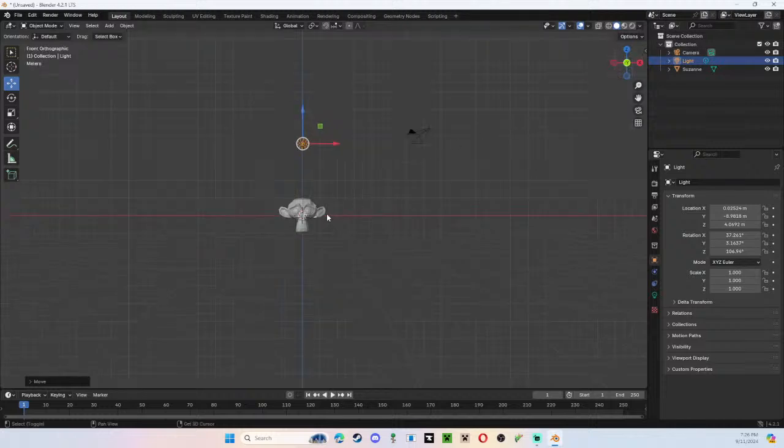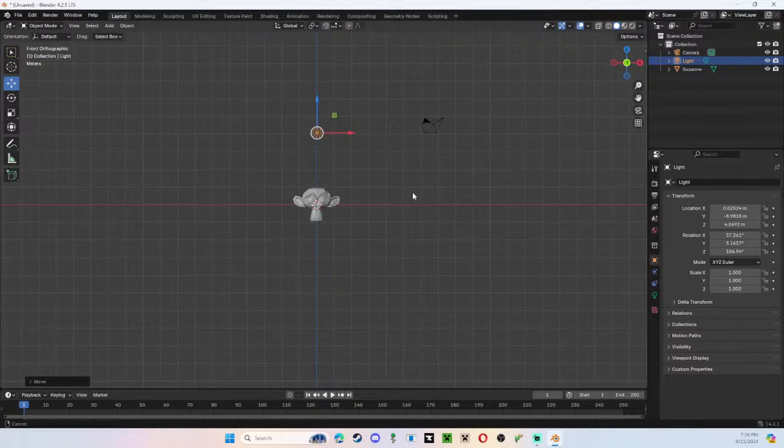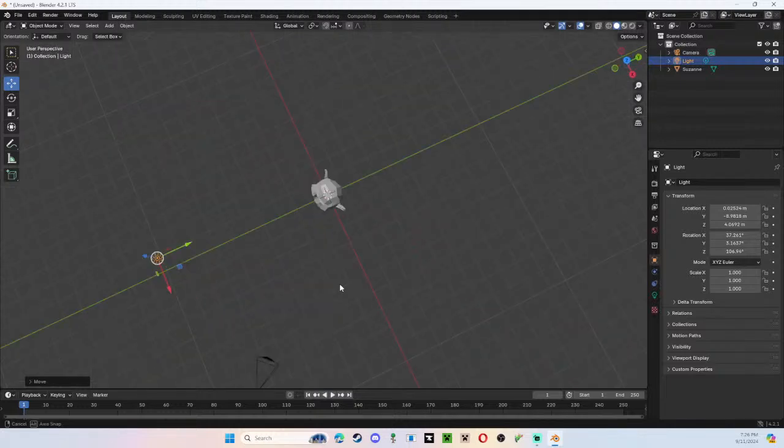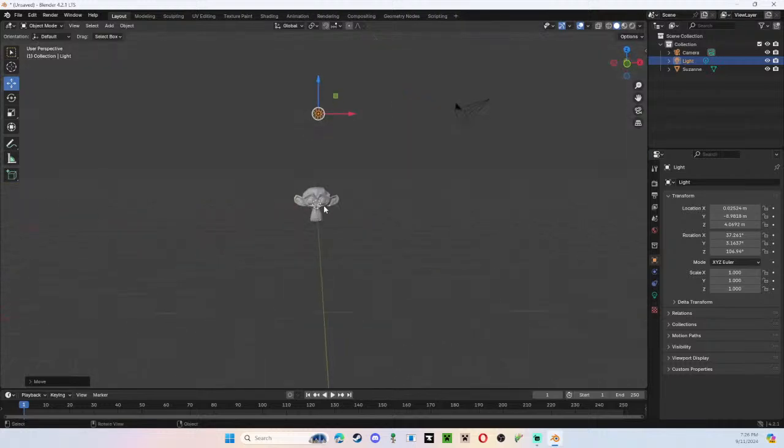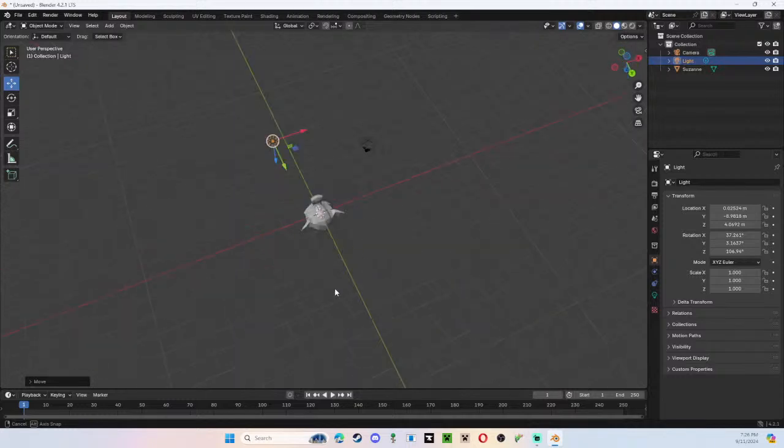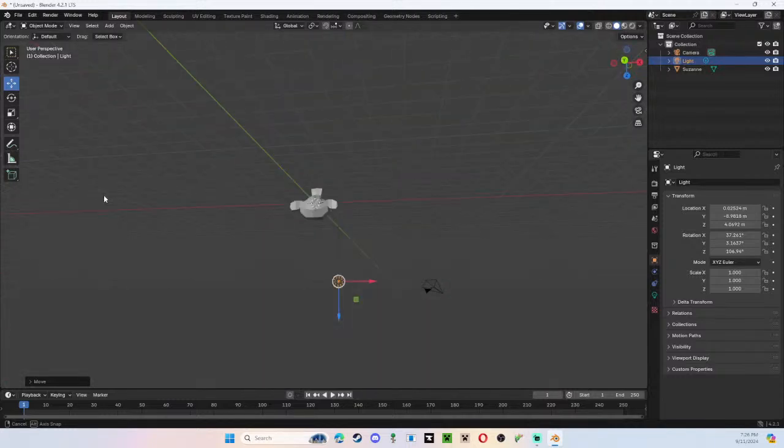Also, if you are from another 3D software package, you might notice that Blender's hotkeys are different than what you are used to. So in preferences, for people that are from other software, if you change the keymap to industry compatible, you'll find that these shortcuts that we normally remember